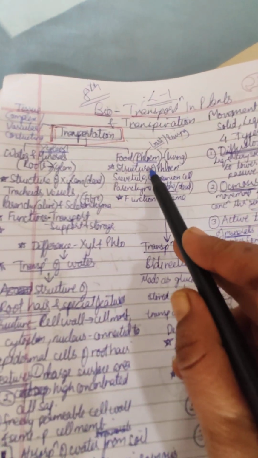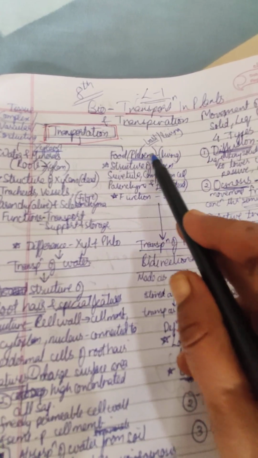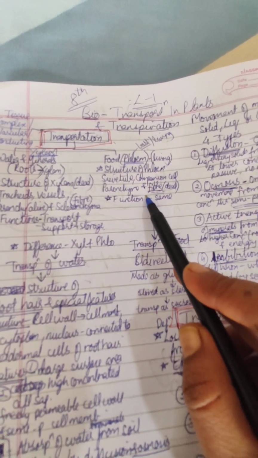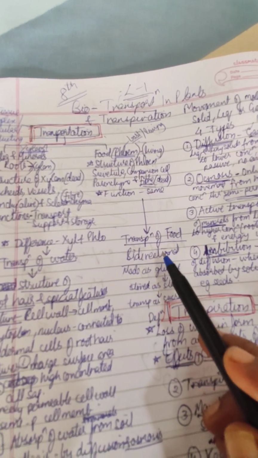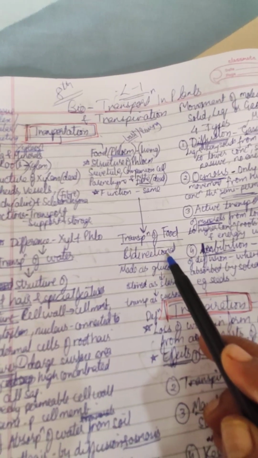Now phloem cells, what it is, a very simple process to transport food. How does it happen? You know it is a bidirectional process from leaf